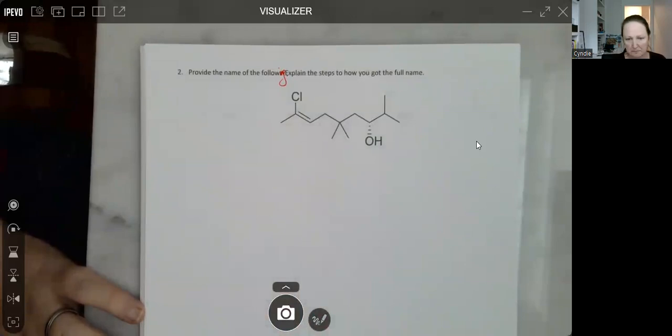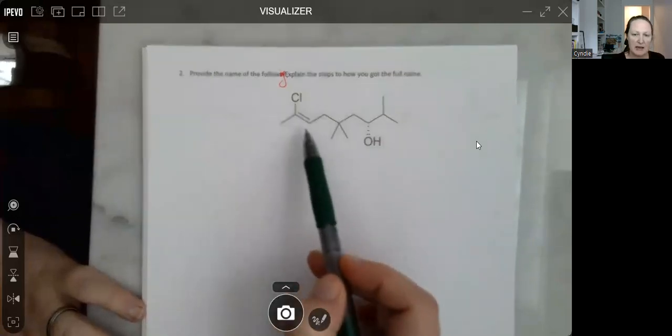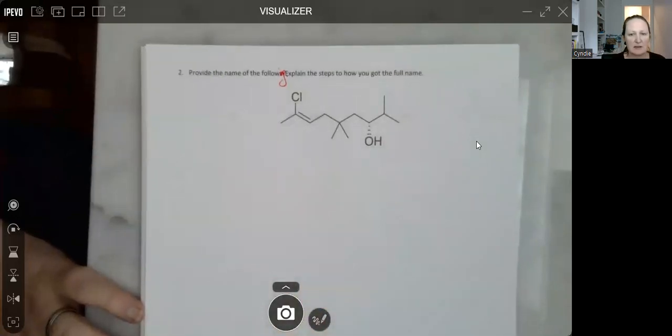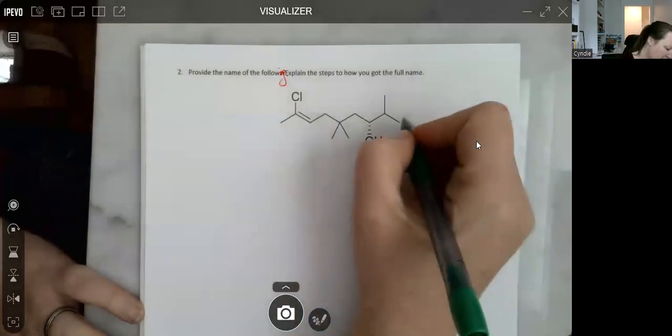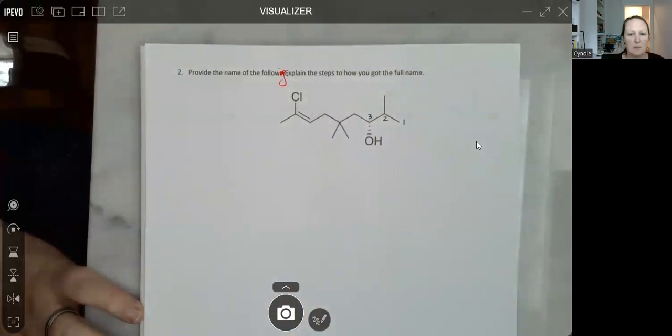the parent chain. So, and of course, we want to think about stereochemistry as well, right? We want to think about, is this R or S, right? And then if you have an alkene, you want to ask yourself, is that E or Z? So that information will come at the beginning of the name as well. But for now, we'll just work on the rest of the name and then make sure to include stereochemistry at the end. So I'm going to start counting from the right, working my way left, because I want to get